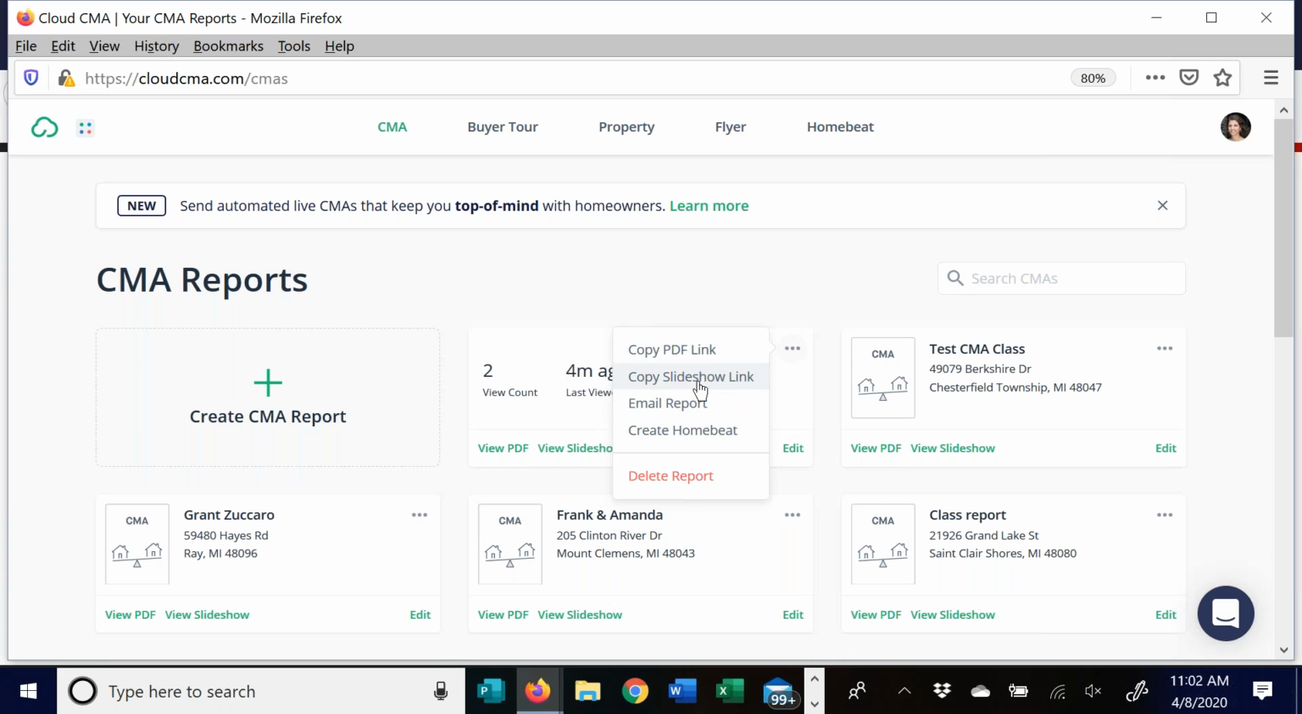And the reason you might want to copy them is to email them directly from your email to your client. I prefer to do them from there just because I can see that it's sent. If you do it from here, you can, but you might want to include yourself to make sure it went through. But all you're doing is copying that link and then just copy and paste it into the email